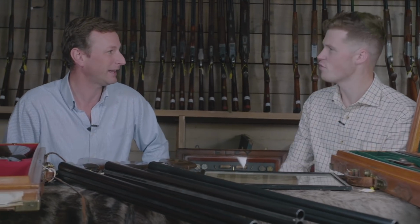Where do they fit in nowadays? They are very, very popular these days. We've tended to move towards higher and higher birds, longer barrels, bigger loads, but there are some people who don't like the thought of shooting an over and under, but do want to tackle that kind of bird with that kind of equipment. And so a live pigeon gun is really the best option for them. Yeah. So half a pound heavier than a standard side-by-side. Yeah. But with all the finesse and the elegance and class of a side-by-side,